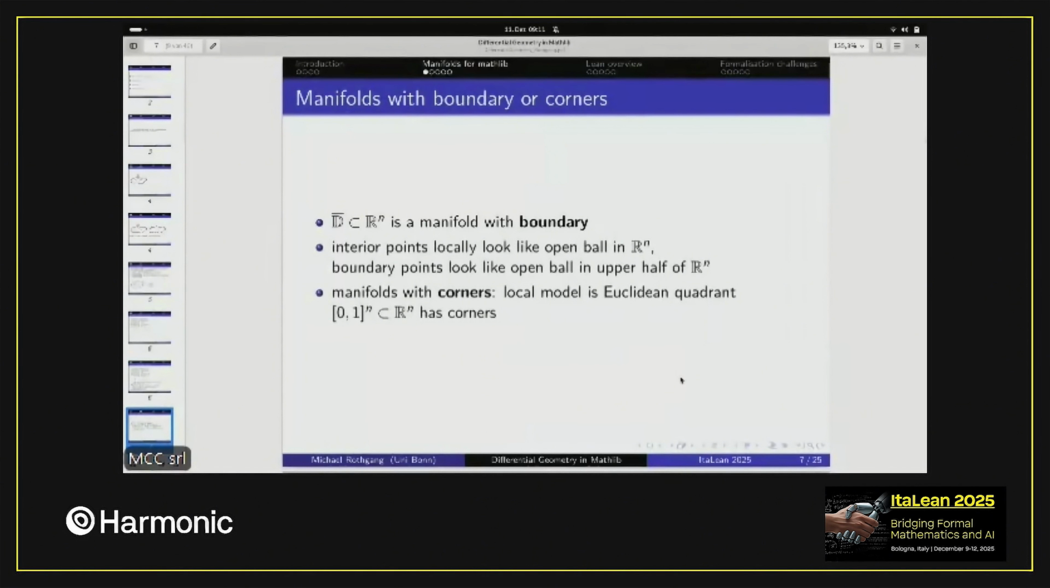So you have points in the interior, and then you have open neighborhoods which are homeomorphic to an open ball. Or you can take points on the boundary, and they're homeomorphic to the upper half of an open ball. So we can also study these things, and these are manifolds with boundary. But then, of course, we can make them more complicated. What if you take the product of the manifolds with boundary? Well, then you also have the